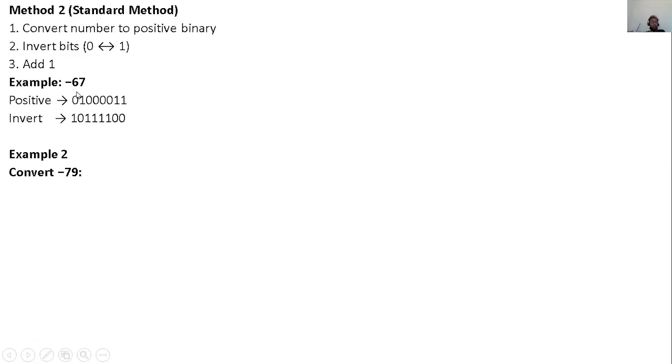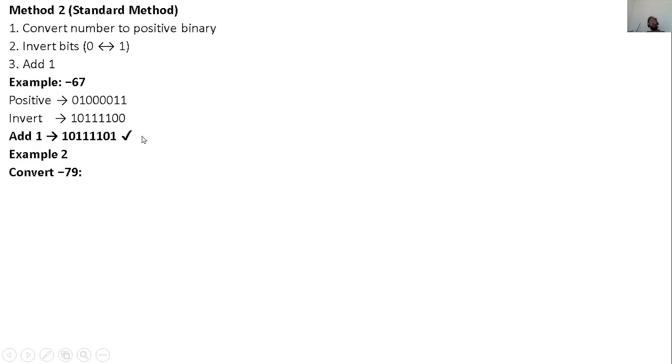The positive binary: if we convert 67 to binary, it becomes this number. Now we invert the bits. Inversion means we convert 0 to 1 and 1 to 0. So 0 1 will become 1 0, 4 zeros will become 4 ones, and 2 ones will become 2 zeros, because anywhere there is a 1 in the positive number, we invert it to 0. And finally, we add 1 to it. Now that we have added 1, at the end it becomes 1 1 0 1